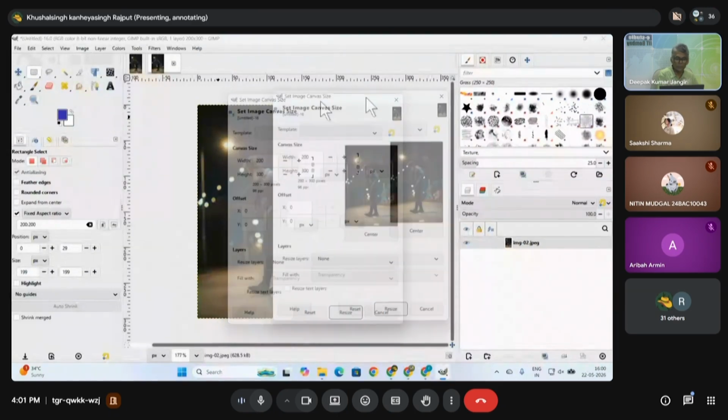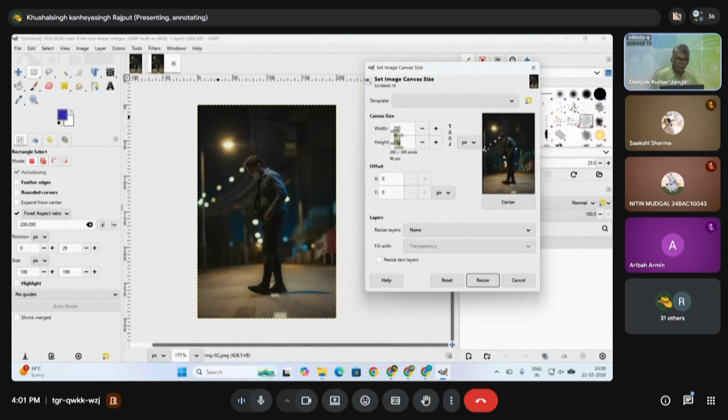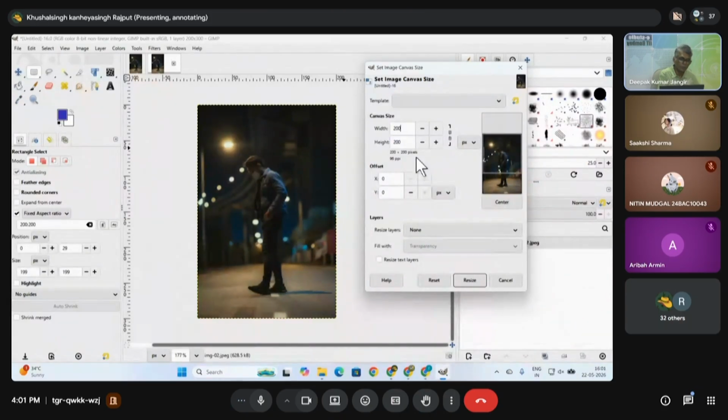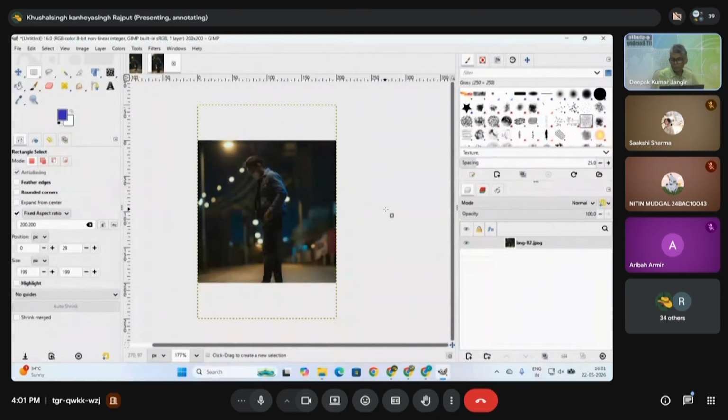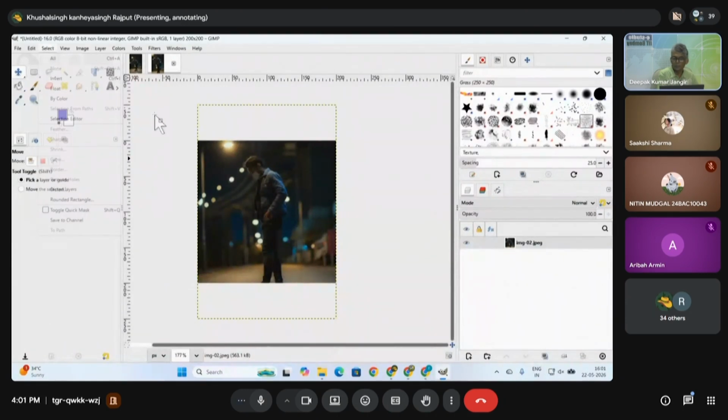Canvas size, go to canvas size. Here you can see 200 is already the width, I want 200 height. So I will make the height 200. Okay. You can see my canvas is up or down. I click here to center it. Now you see my canvas is in the center, and resize the layers, and click select none. Now you see my image will be 200 by 200 pixel, this one,